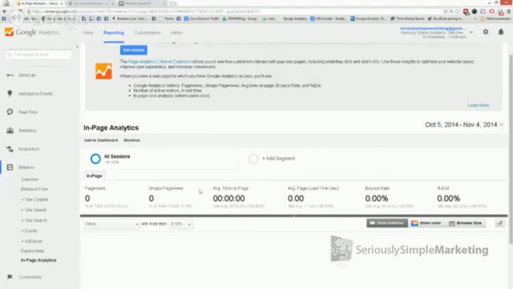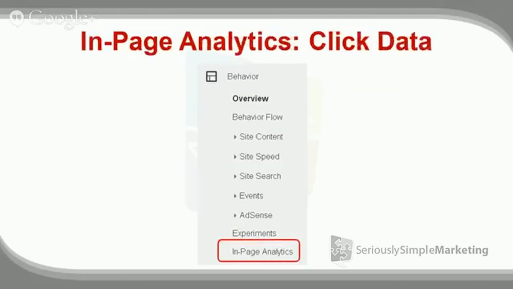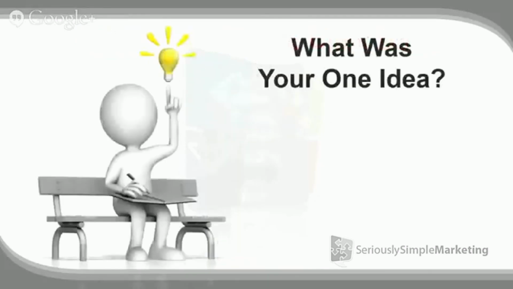It's a lot more difficult to see that stuff in in-page analytics because it's not really designed to track that. So with Crazy Egg, we get everything the in-page analytics tracks plus a whole lot more, which is why we recommend it. So that's the in-page analytics. And again, mostly we want you to know that stuff's there and what it does. We personally don't use it because there are third-party tools that are better than experiments and better than in-page analytics, but it is there if you so choose.